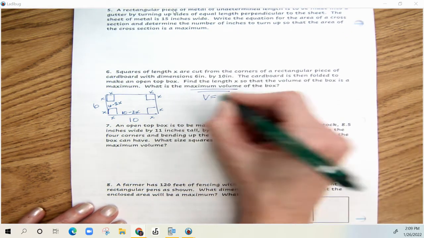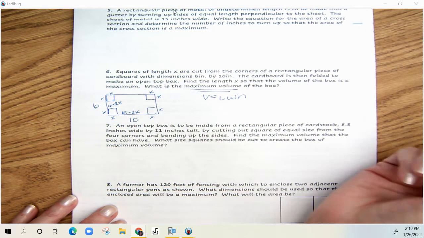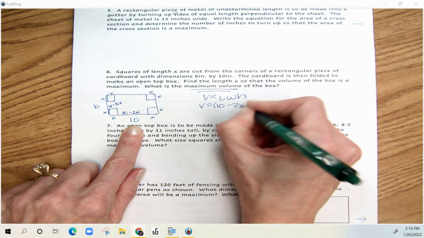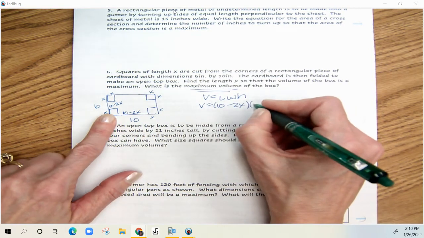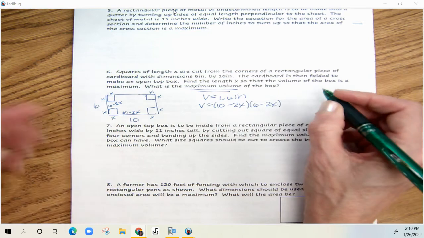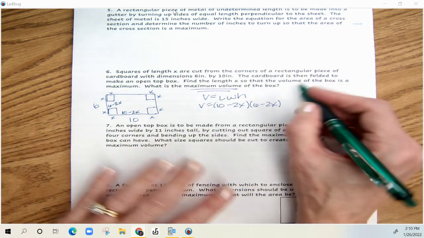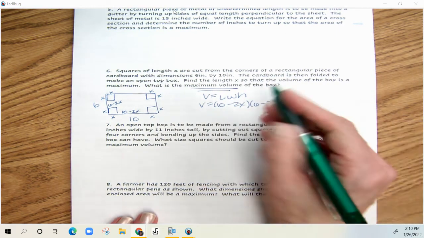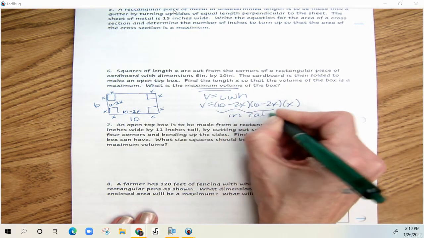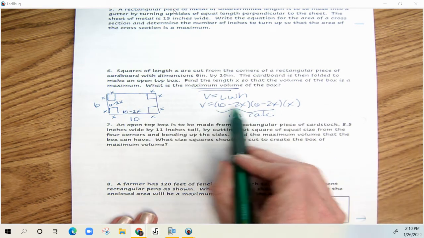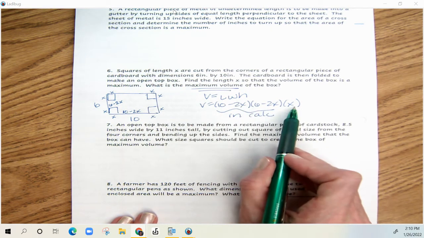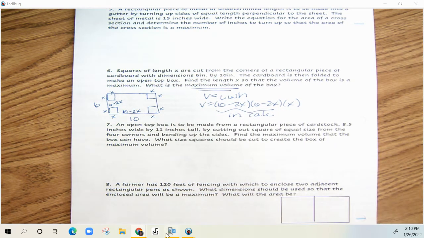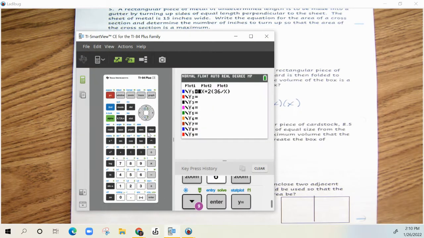The volume here would be length times width times height. Well, the length was 10, now it's 10 minus 2x. The width was 6, now it's 6 minus 2x. And that x creates those flaps that I'm going to fold up, so the height is x. So I only have one formula. I don't have to make any substitutions. This is what's going to go in my calculator. This is a cubic function. It's positive and it's odd, so I know what to expect from the graph. So when I put it in my calculator,